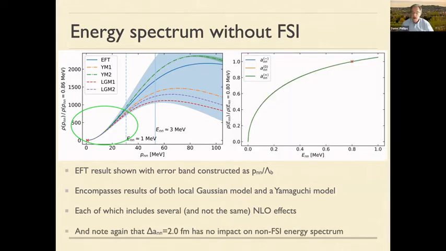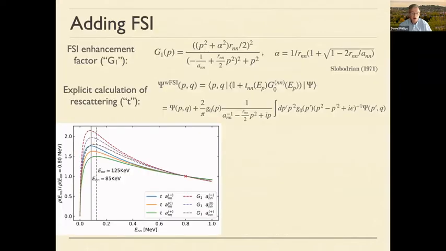And I want to take you back to the key point here: if you look below 1 MeV relative neutron-neutron energy, the impact of a_nn on this spectrum is not even visible on this plot. The notation here is that this is minus 20.7, the recommended value, and this is minus 16.7. So you can't even see the difference. Okay, but of course I said right at the beginning that the FSI changes the spectrum markedly. So how do we include that?